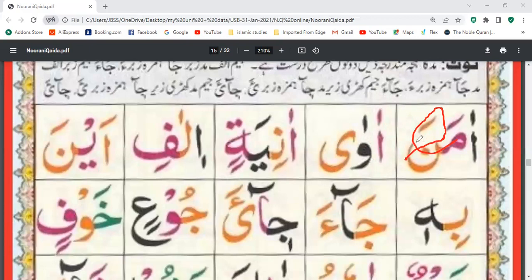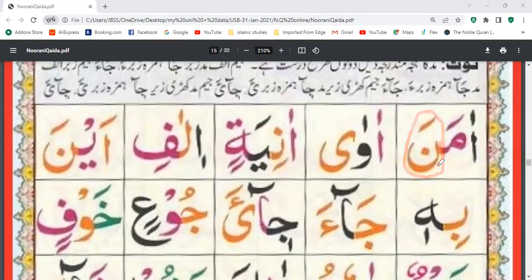Because noon is the name of this shape and na is the sound of this shape. After mentioning the name, then we have to mention the sound. So we don't say noon zabar noon because we are not going to mention the name again. We need to mention the sound of this name.